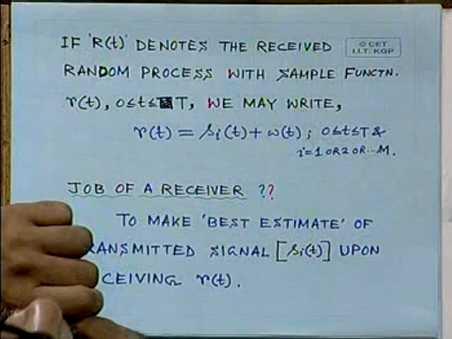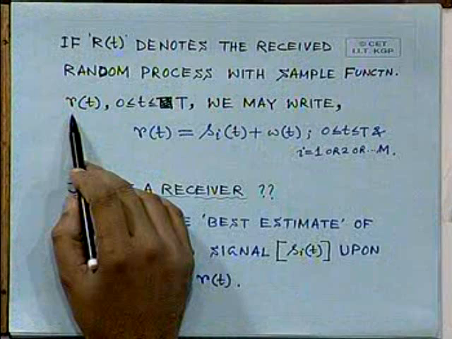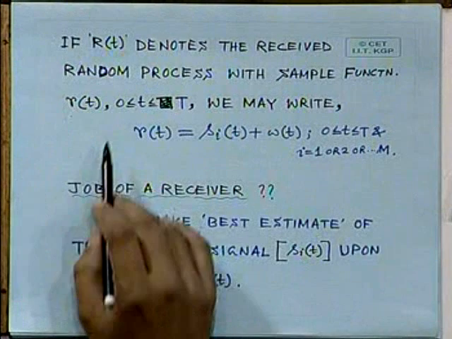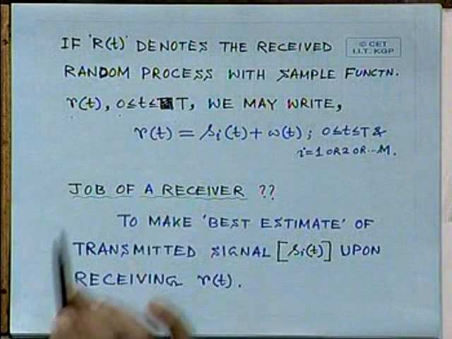What is my received random process? I am receiving signal coupled with noise, and this random process also will have an infinite number of possible sample functions. So one sample function I am indicating as small r(t). This time the function I am interested in is over a time interval 0 to capital T,